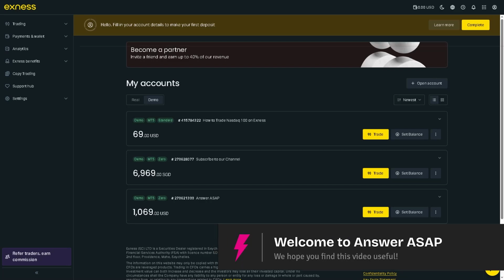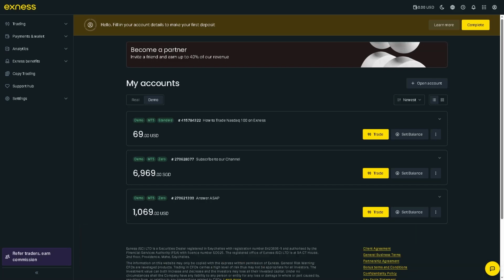In today's video, we are going to show you how to trade Nasdaq 100 on Exness. Let's begin. Now, the first thing that you need to do is log in using your credentials inside the Exness